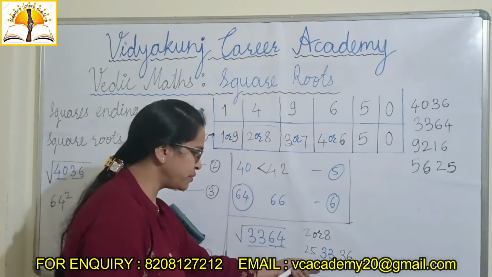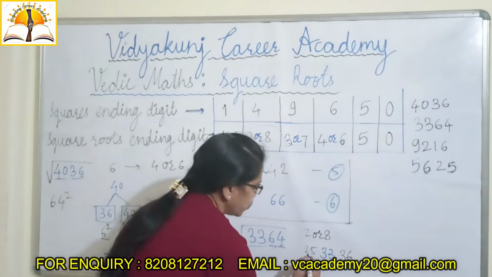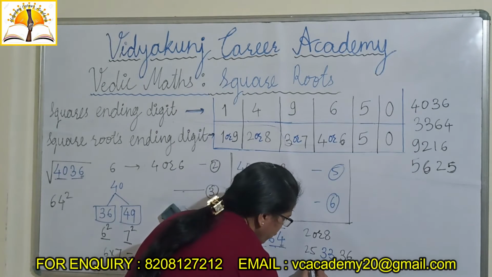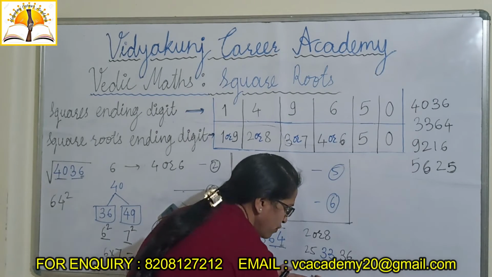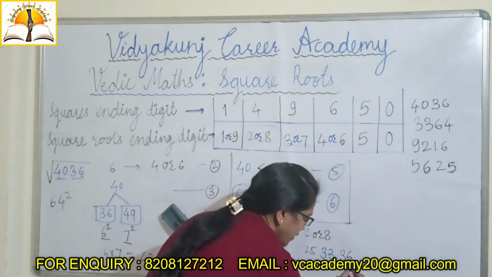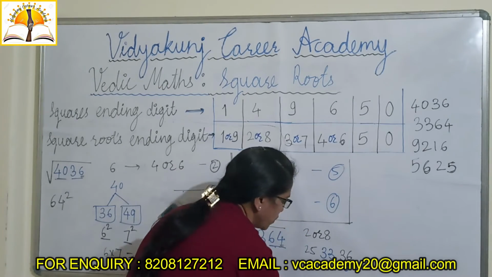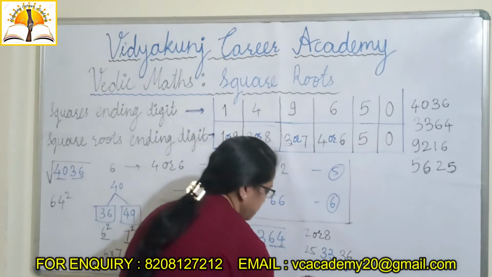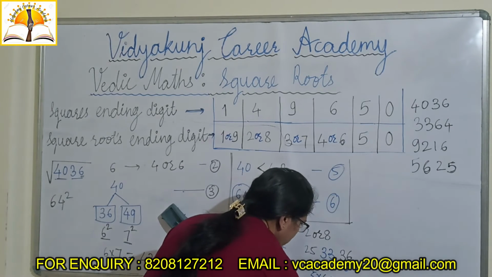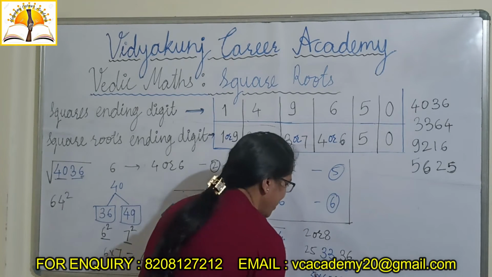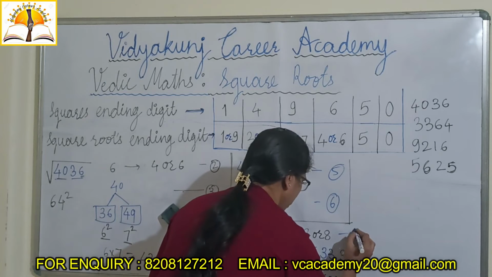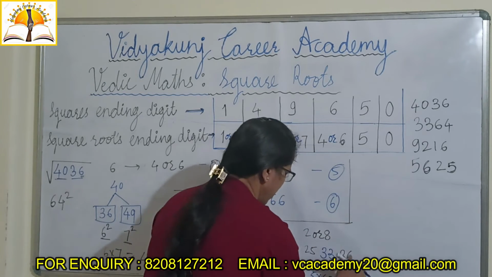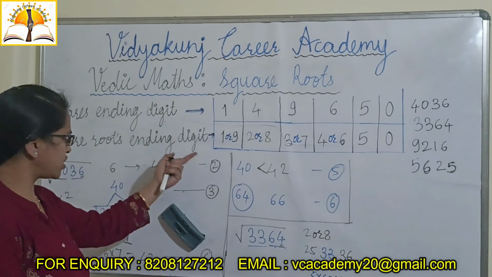We understood this one? Then in this way what we have to do? What is the square root of 25? 5 only. What is the square root of 36? 6 only. We have to multiply it. 5 into 6 will be 30. Now next step. This is second. Then you will understand here. I have written here steps also.